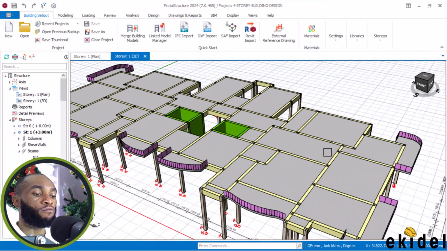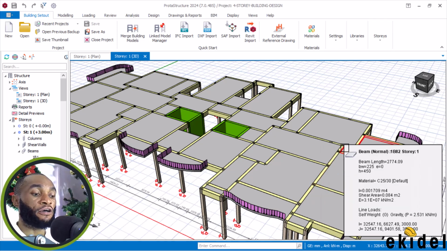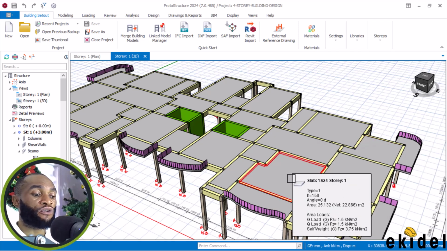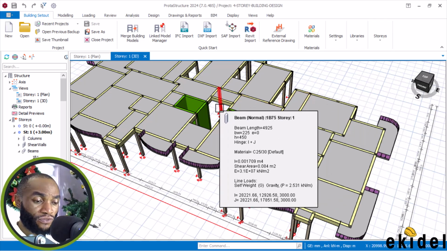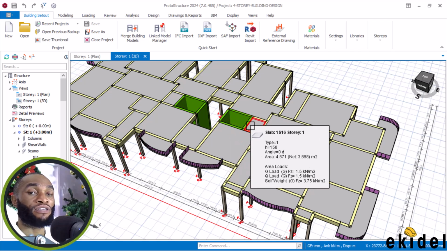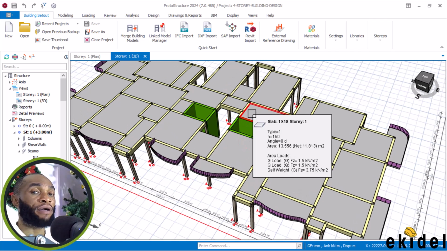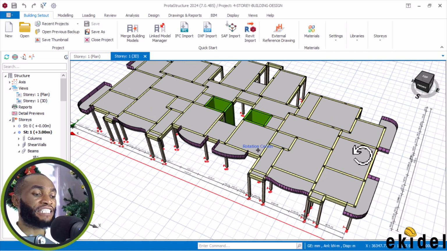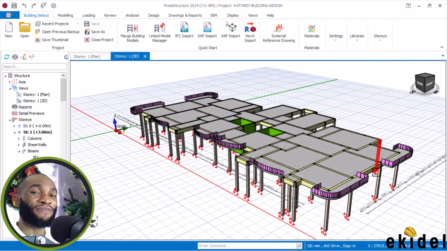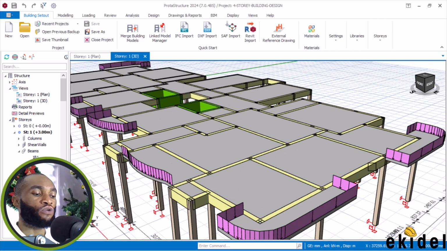Now we are going to load block wall load on each of these beams. We have already factored the block wall load on the slab when we were applying the slab load, although in this building, almost all the walls are sitting directly on the beams. So no one is sitting directly on the slab, as you can see when we did our structural framing in part 1 of this video. That's fine. So before you insert or define or add your wall load to a beam,